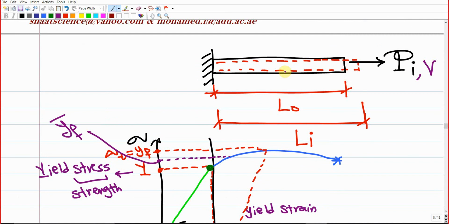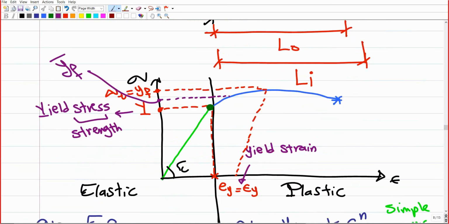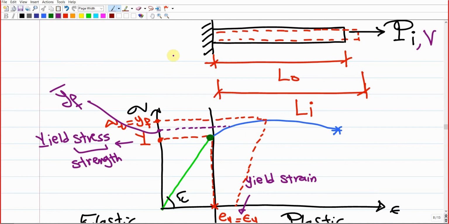You'd have this bar and you are going to change the shape, the length of this bar. This is a metal forming process. The stretch of the bar to plastic deformation, to describe how the material is going to deform, you have to use the flow stress only. There is no need for the average flow stress in the